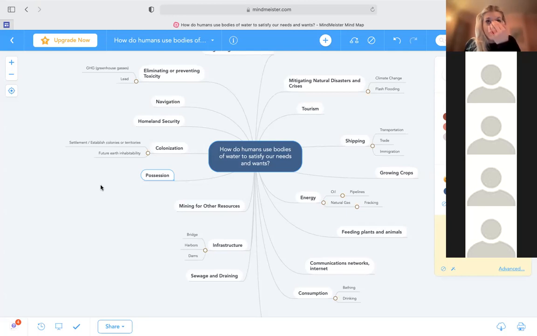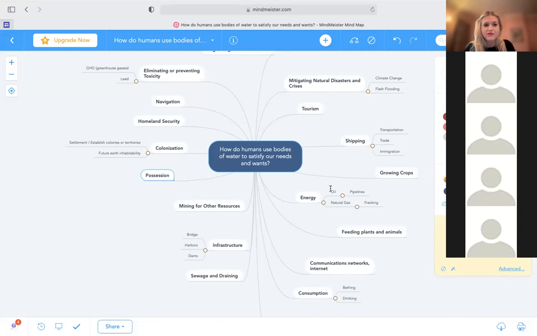Same thing with a lot of bodies of water, which are split between countries. A lot of bodies of water are even split between states or municipalities. So how do we define who possesses the water? Even though, like I said, water's slippery, you could say I have this water, but it's always flowing into each other. Technically, the way that we define it for usability purposes is using longitude and latitude, just like we do with land. Land is a little bit more stable. It does change over time, but we use longitude and latitude.